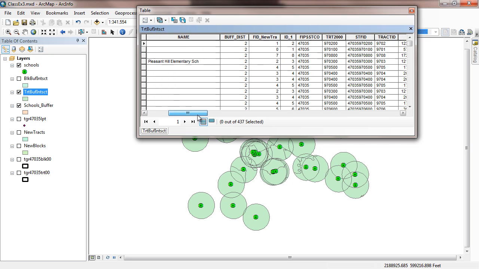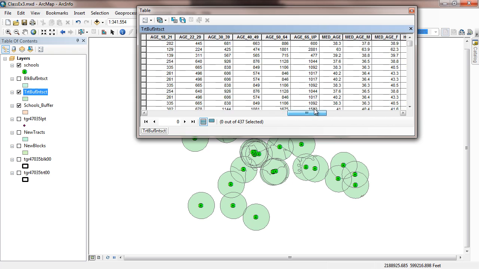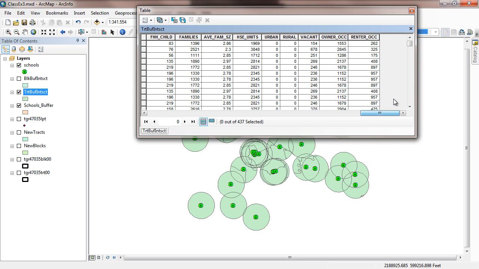So note that we should still have our original area that we calculated in here. And we have to scroll to add a new field. We scroll all the way to the edge and get outside to the edge of the population data. If we really wanted to clean this up, we could either delete or turn off all these other fields that we're not using except for the population 2000. For now, we'll just leave it like it is, and we just want to tack onto the end out here